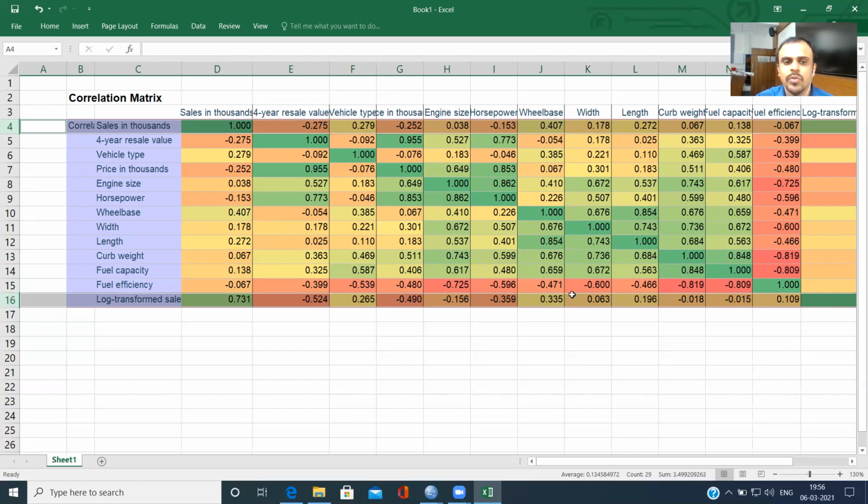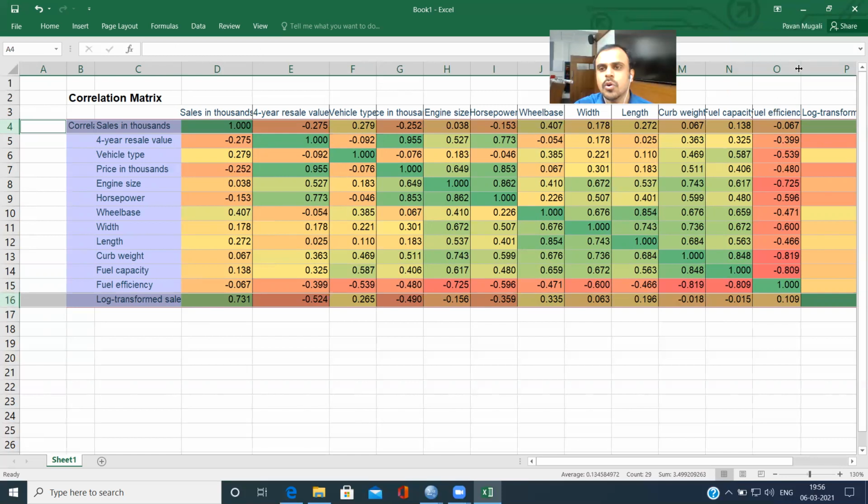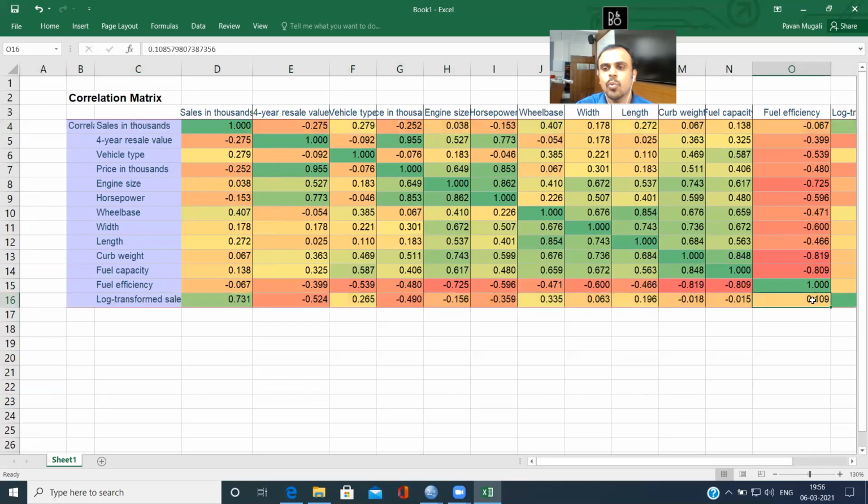The same variable, when you do a log transformation, I'm just looking at the last row, and when you look at this particular column O, let me pull this fuel efficiency, it is not negative, it is 0.109. So you can see sales itself gives you one perspective, log transformation gives you a different perspective.